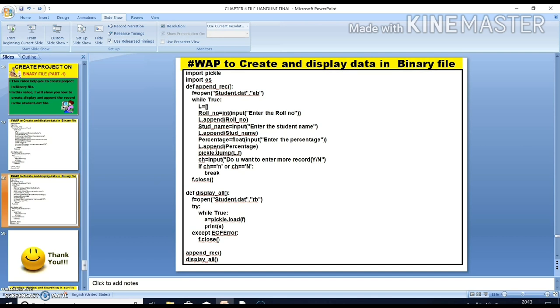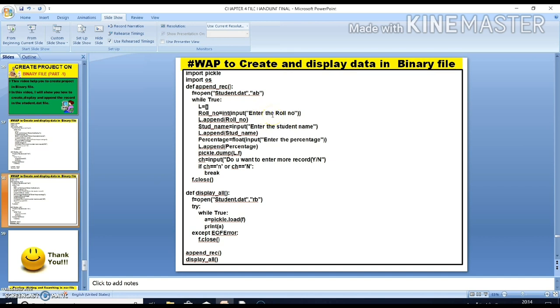Sorry, that is not the last video, it is the last slide. In the last slide I displayed how to create and display the records. In this slide I want to show you how to append one record in the student.dat file.